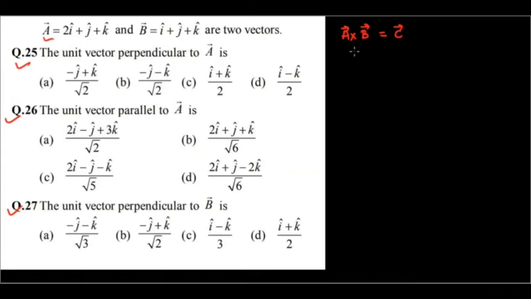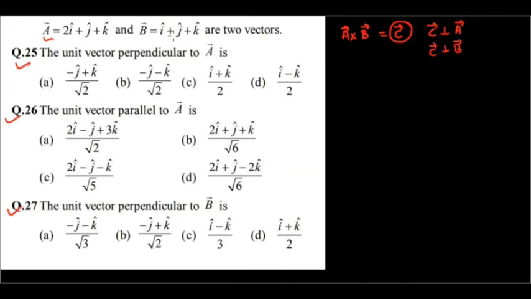So assume that a vector cross b vector will give you another vector, which is c vector. Then this c vector will be perpendicular to a vector, and it will also be perpendicular to b vector.